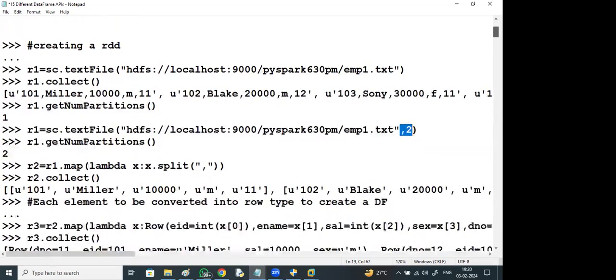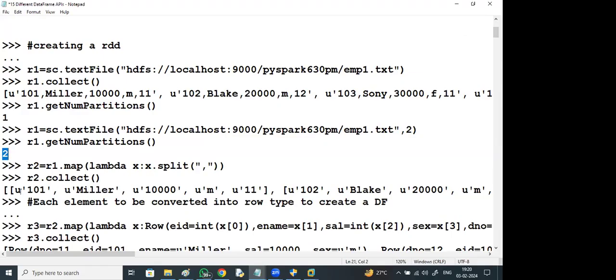Suppose we have millions of records and we want to create a partition based on a department number. Partitions won't be created based on columns; they will be created based on rows. For example, if you have 2 partitions, you will see 2 part files.